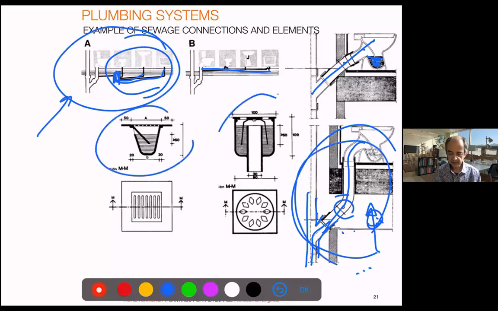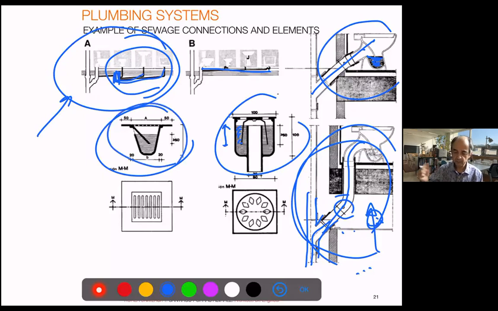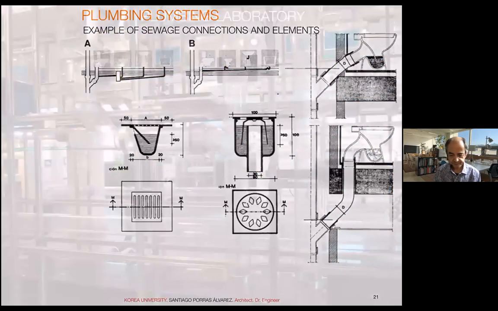And with different designs of water traps, you will try to have as much margin as possible, because when you don't use them, the water evaporates and you have a bad smell. That happens in the toilets. If you go on holiday in a dry season, say 2-3 weeks, you may have a terrible smell in the bathroom, because that water trap has dried. And that happens a lot in terraces and roofs, so you have to pour water from time to time.